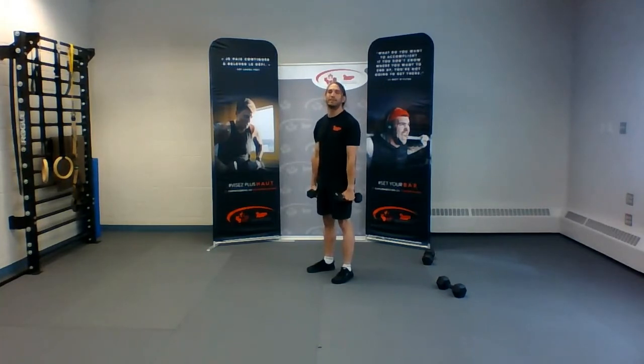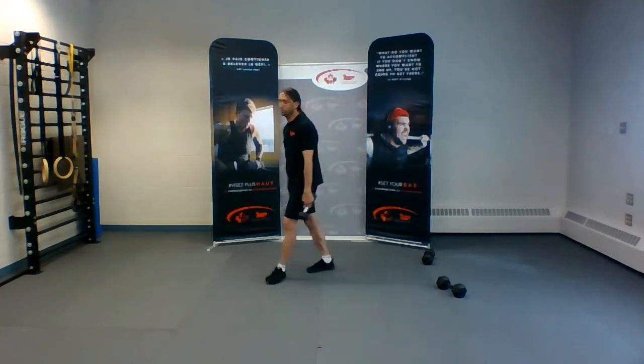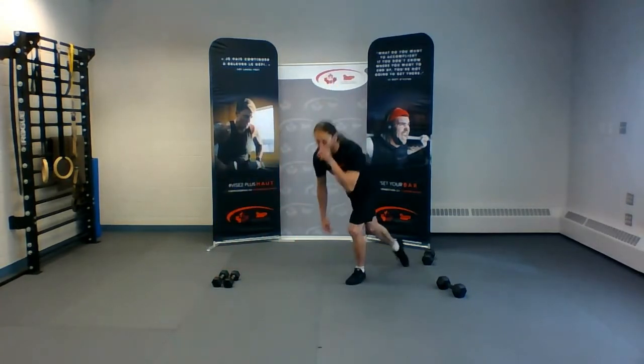So it's kind of like combining a curl with a high row to make a hang clean. So let's do some high rows as well, pulling the elbows back. Again, warming up those traps, upper back muscles, and posture muscles in between your shoulder blades. They're called rhomboids. Good. From here, we'll put the dumbbells down for a minute, and we'll come onto the floor